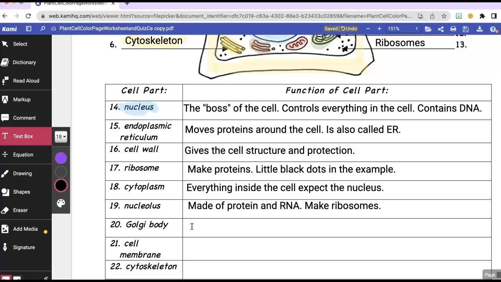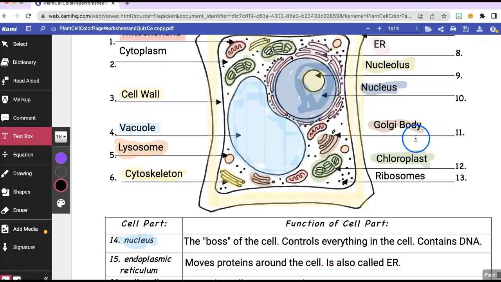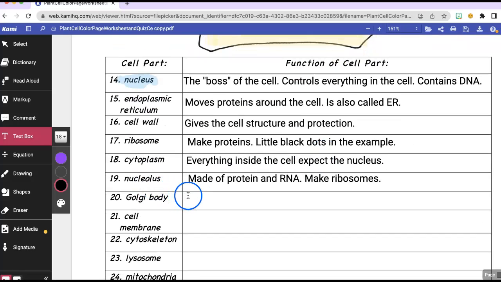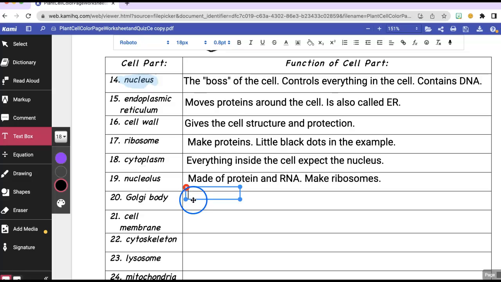Remember, guys, if you need to hit pause anytime, do so you can make sure your functions or your definitions are copied down just like mine. Number 20 is Golgi body, and Golgi body is right here, number 11 on our example. It's the Wi-Fi symbol that so many of you feel like this looks like the Wi-Fi symbol, but here's its function. The Golgi body